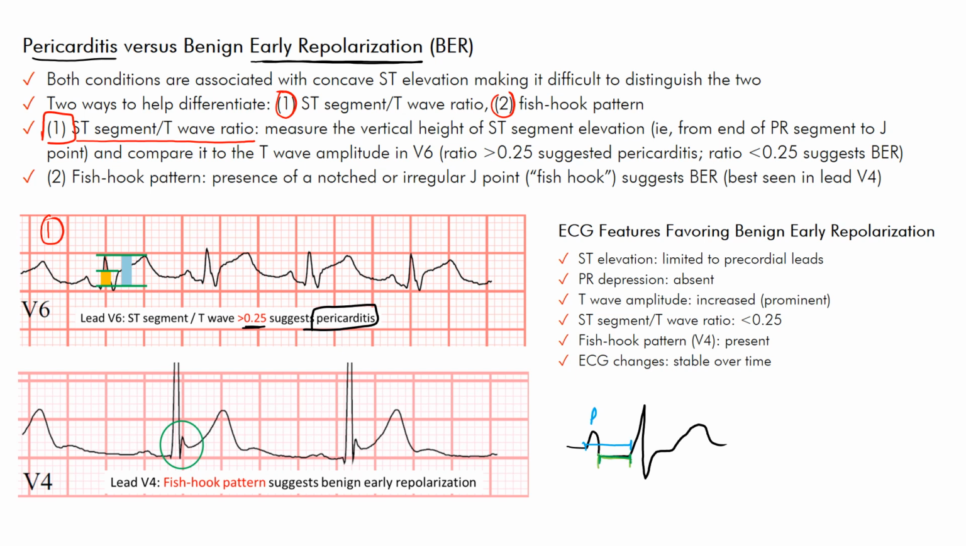And you want to go across and find the J point, which is this point here. This is the J point, which is the start of the ST segment or end of our QRS complex. Remember, this is our QRS complex, this is our T wave, and this is our ST segment. The J point is that initiation of the ST segment. So if we draw it out again,